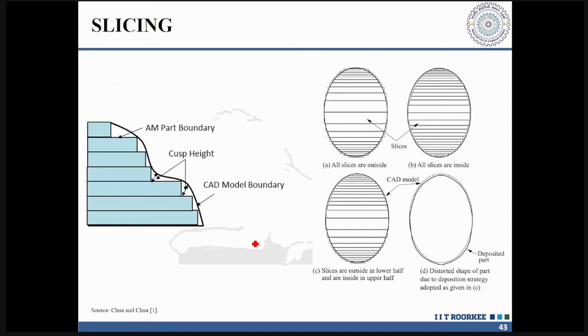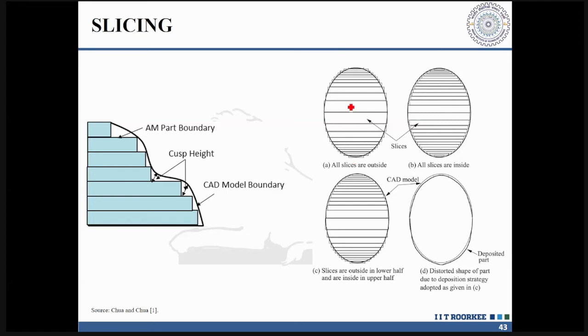The other error is called the containment error. What is that containment error? Whenever you go for additive manufacturing, you always create an oversized object or an undersized object. It always requires certain post processing to get the desired shape. If your slicing is outside, you are creating an oversized object.